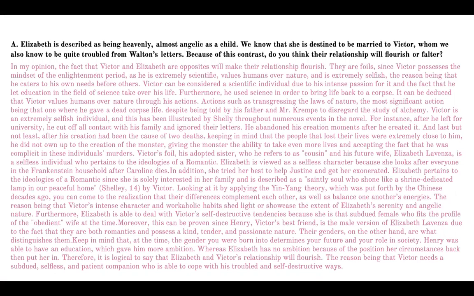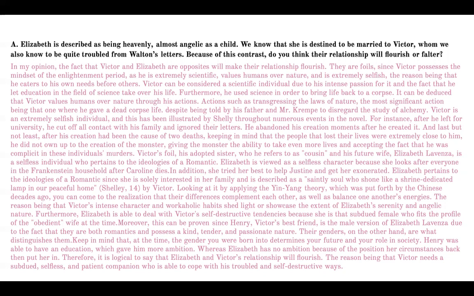Basically, this is really important because, as we know, they are quite foil characters, meaning that they have opposite characteristics, and these opposite characteristics shed light on each other. Meaning, if, let's say, character A is really aggressive, and character B is really angelic, then these two characteristics shed light on each other. The amount of aggressiveness character A has is going to at the same time display character B's angelicness. This is not an example of Victor and Elizabeth. This is just an example for you to understand the concept of foil characters.